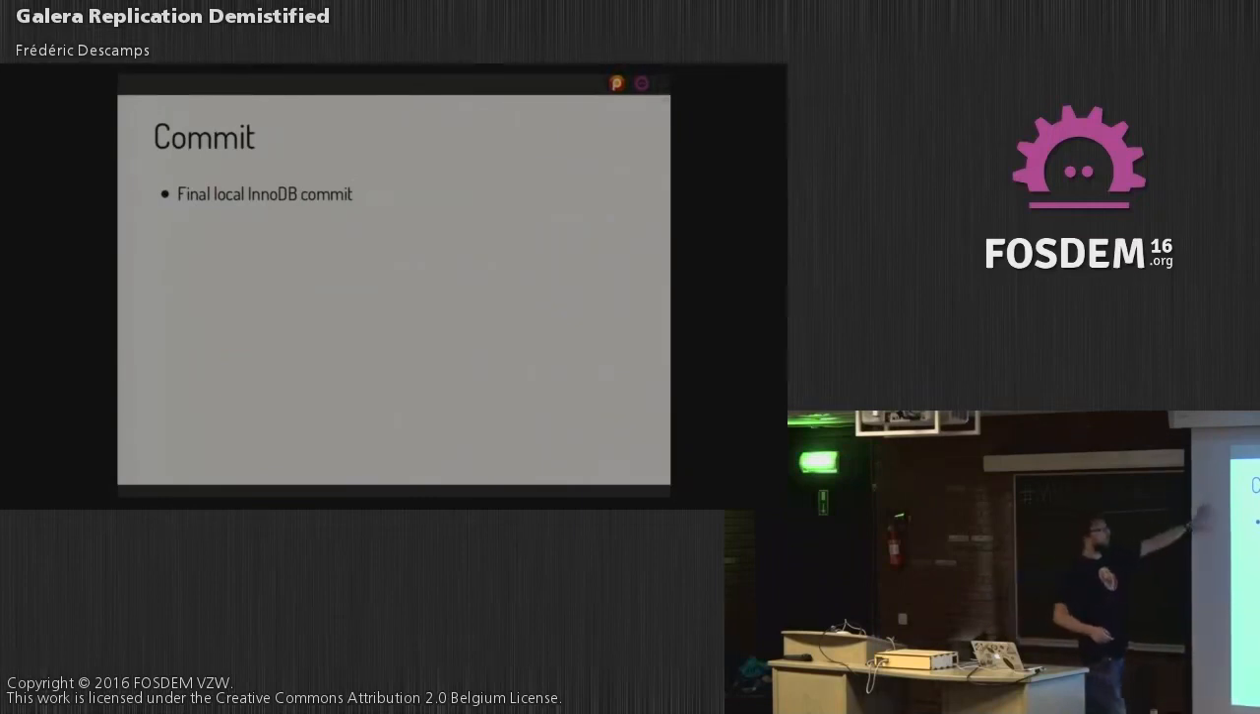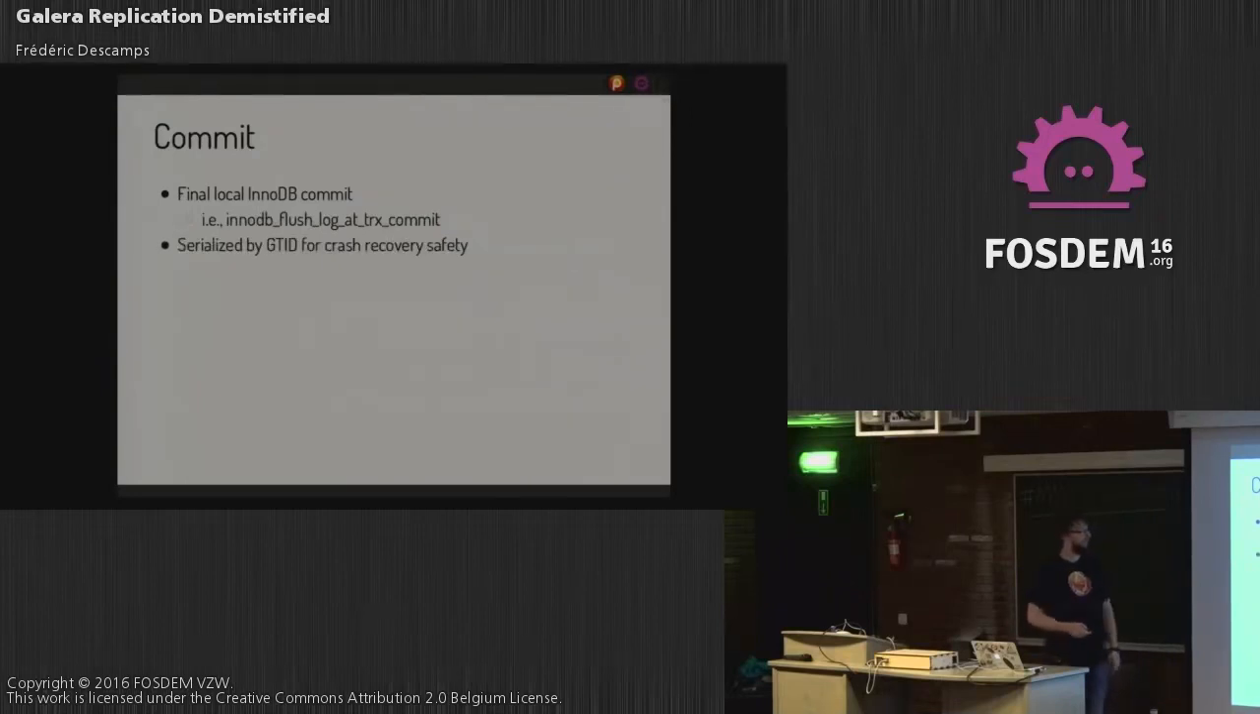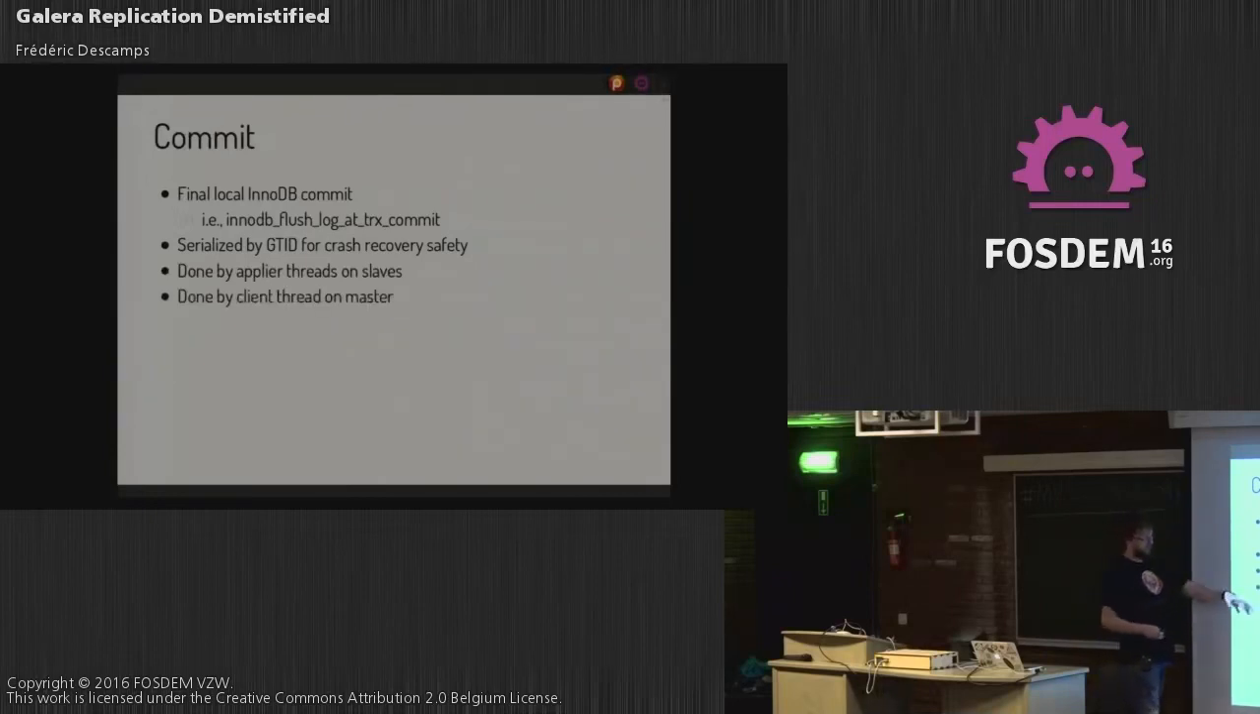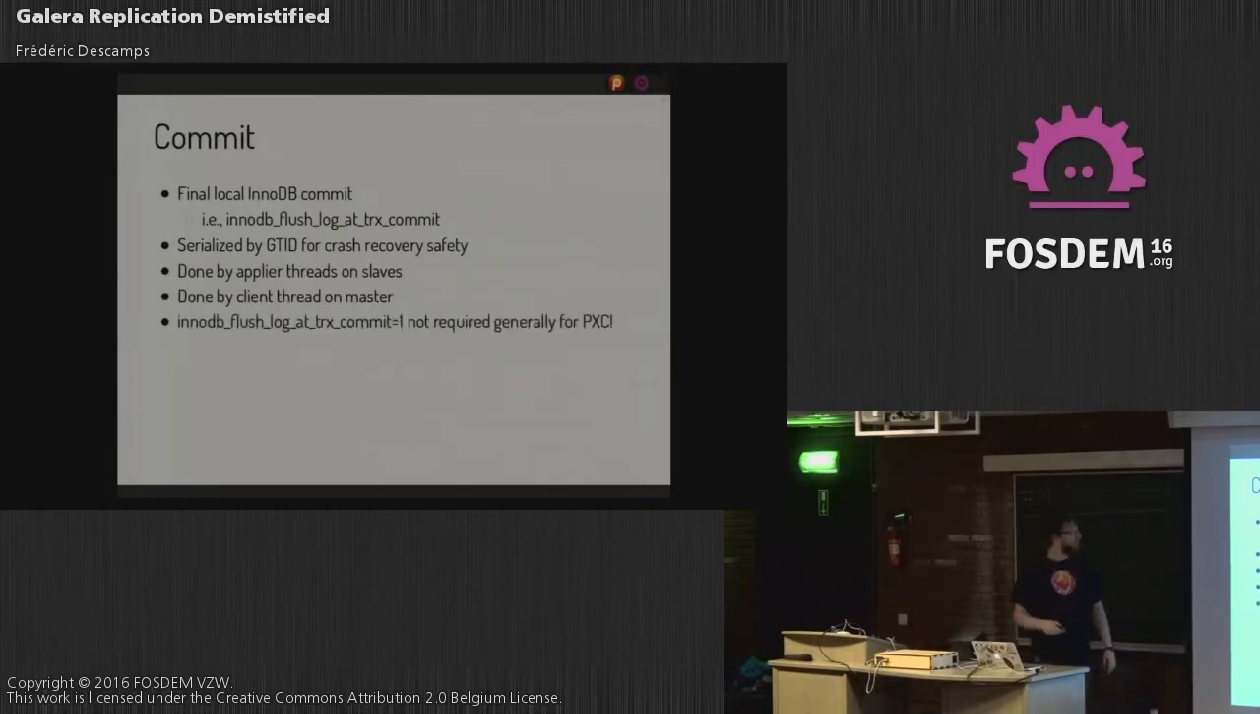When we commit, this action is just writing the data, committing like the normal InnoDB commit, flushing the local transaction commit, and it's done. We also serialize that by the GTID, and this is done by the applier threads on the slave and on the client thread on the master. Okay. So now I will show you